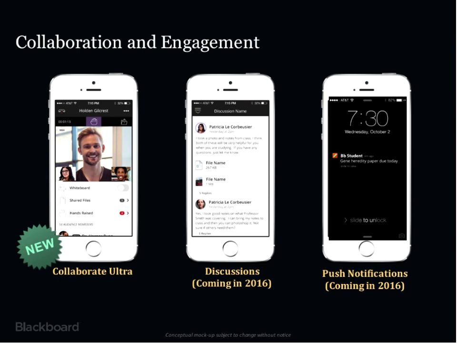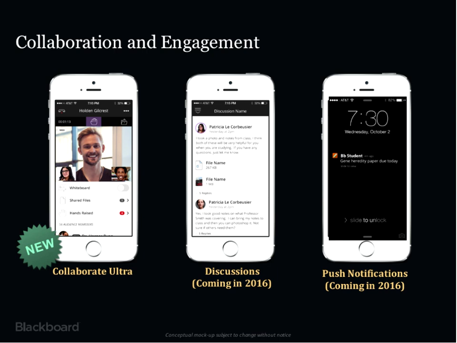To the BB Student app, we've recently added support for joining a Collaborate Ultra session. With the same app, students can click on a link for a session, and from that link, join Collaborate Ultra. It's bringing together all of the different learning solutions in one app designed for students.